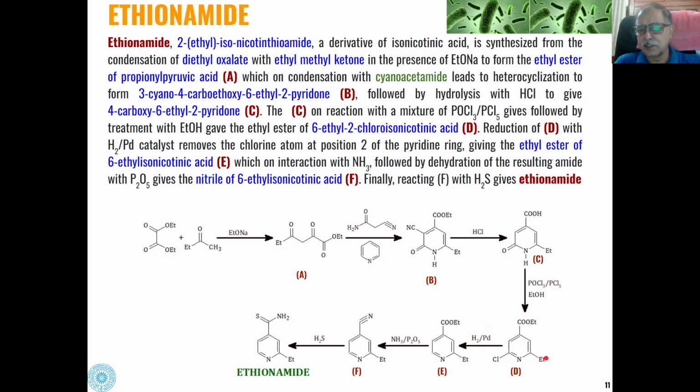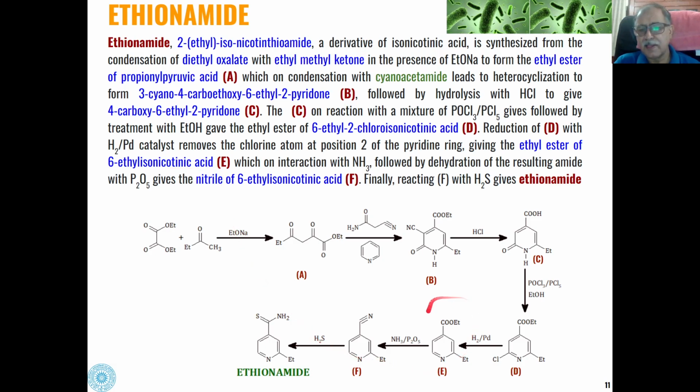So 6-ethyl 2-chloroisonicotinic acid ester is formed. Then a reduction of this with hydrogen and palladium will replace this halogen with hydrogen. So we will get ethyl ester of 6-ethyl